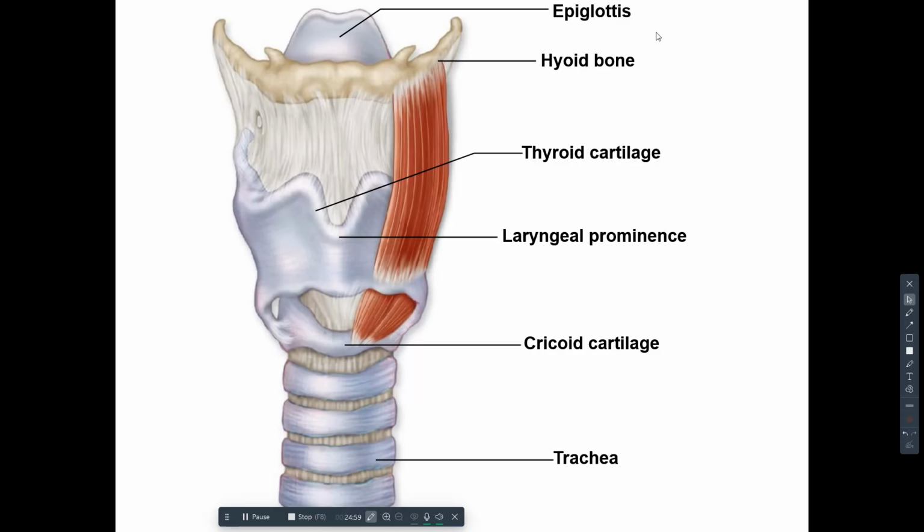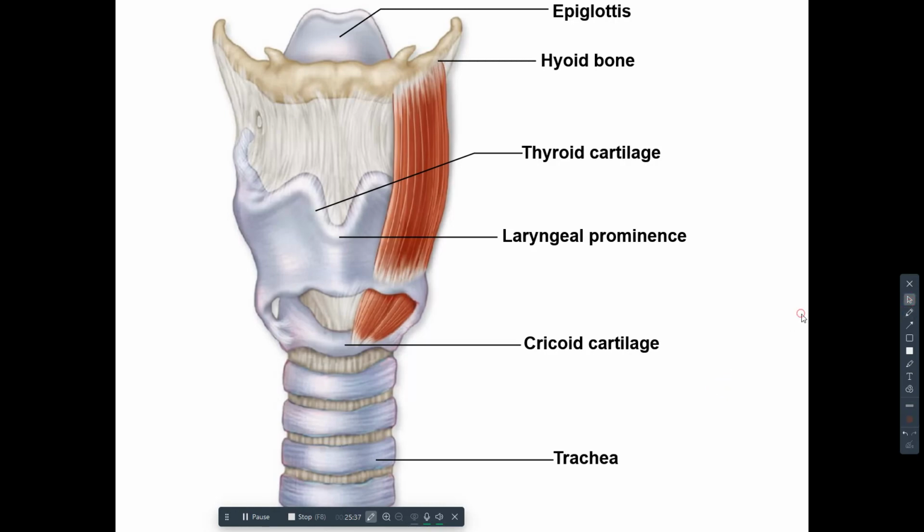So I see three of my major cartilages here. By the way, of all of the cartilages that we're going to see, the epiglottis is the only one made of elastic cartilage because it is the one that we move the most. It is the one that changes position the most. That needs to be bent and then to snap back to where it originally was. My other cartilages, thyroid, cricoid included, they are made of good old hyaline cartilage. Okay,